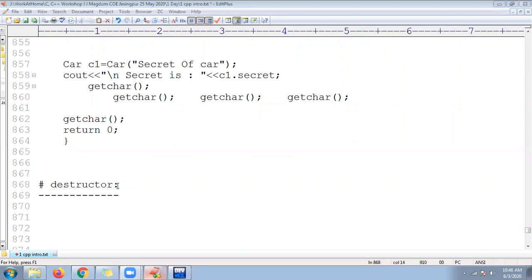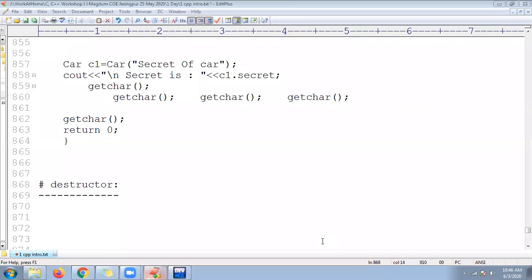The name itself indicates it, guys. So let me add the note point here. First of all, destructor. So let us learn destructor now. Destructor is also a special member function like a constructor.